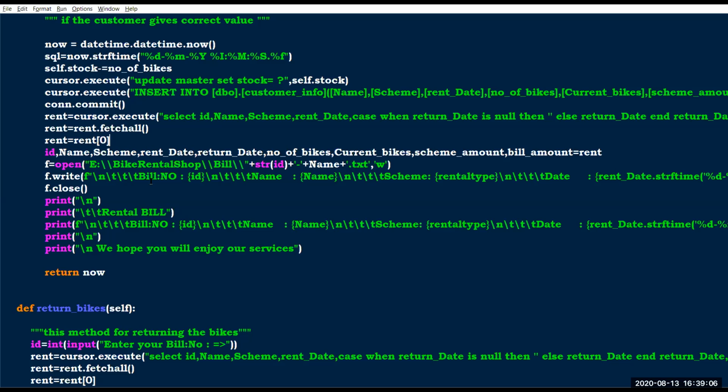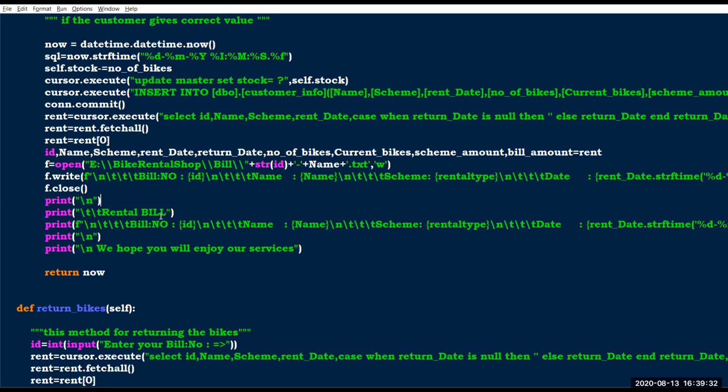Then here I'm going to write those files. I'm using a string literal. You can see here name equal to name, so the name has been fetched from here, and the rental type also fetched from here. Those values create a text file and are stored separately in my E drive. Then I close the file.